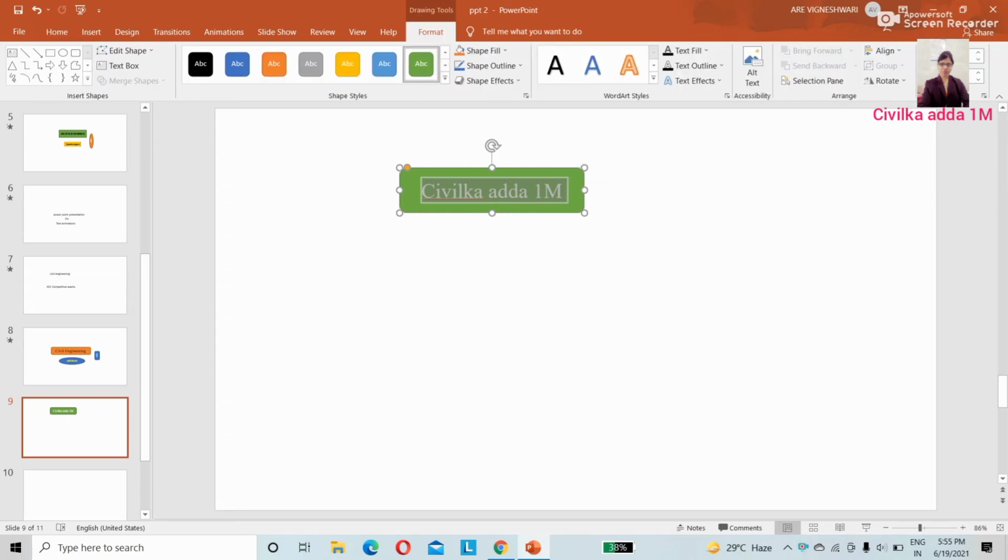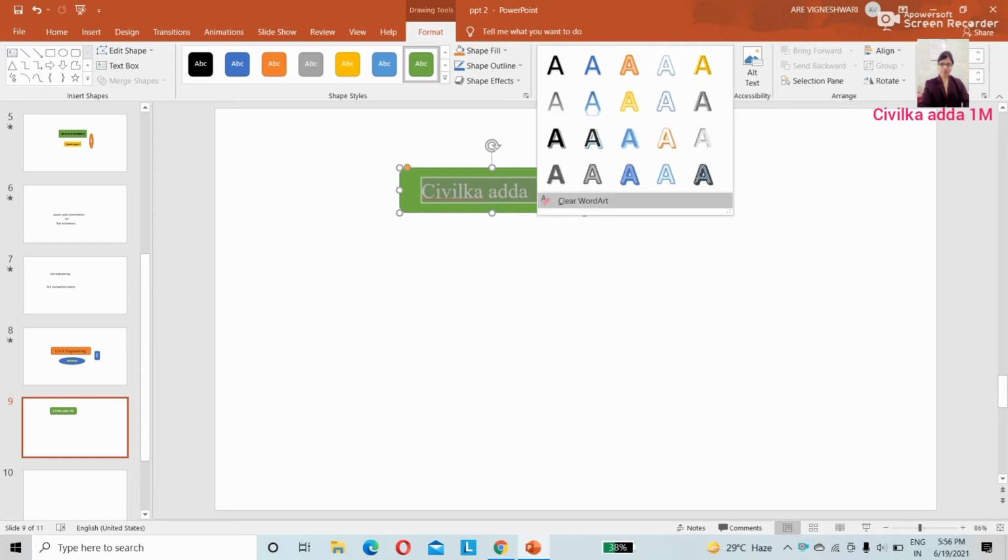Go to format, see here word art styles, you can find the word art styles here. Click on this more, and you can find the different word art. Select the style which you like. All these are the different options here.